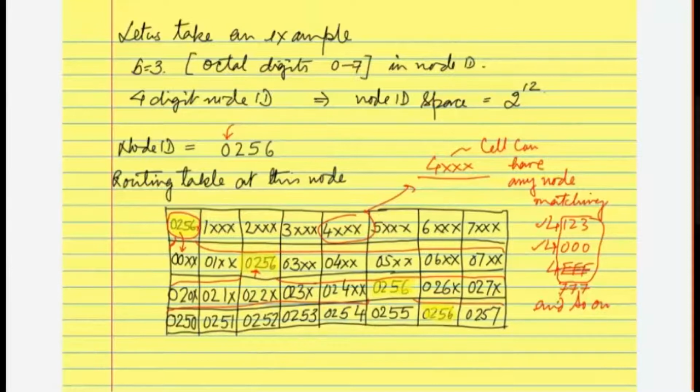As I go along, you will appreciate this. So 021X, similarly it goes on. Here 0256 actually comes in. So the same node will appear again. And doing the same way, I can only take 0250. Any entry which is in black means the node does not exist. I am going to use the color to identify. But 0250, if it exists, will come here. Otherwise, there is no entry here. So all nodes which differ only at the unit place, the lowest octal digit place, all 8 numbers will be coming here. 0256 exists, so it is going to be present here.